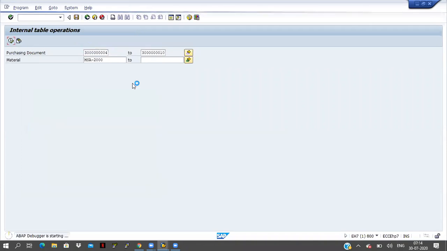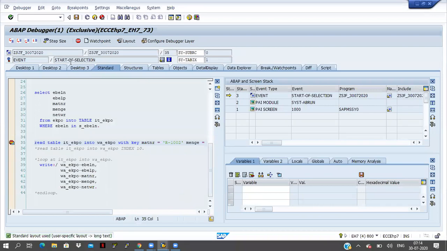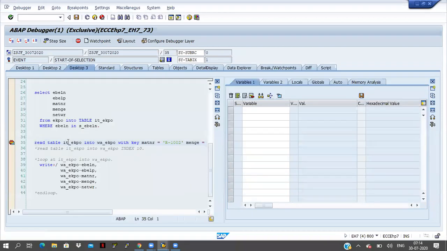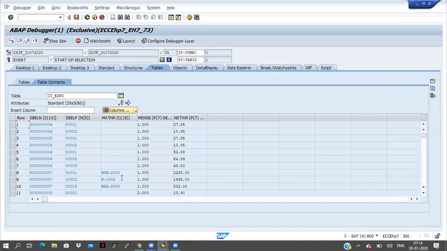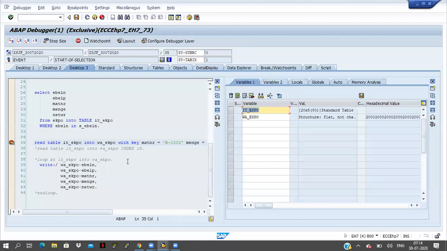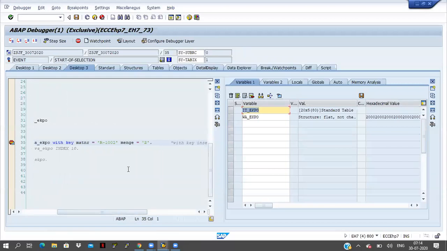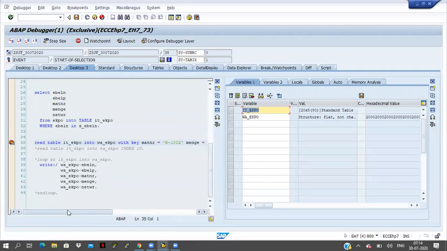Click on execute, click on desktop tree, ITEKPO is there, and work area EKPO is there, and double click on this ITEKPO. The 9th record, this is the material number, right? And the quantity is 1 here, but I have given in the condition MENGE equal to 2. Now check how it will work, and you can see here SY-SUBRC equal to 0 is there.